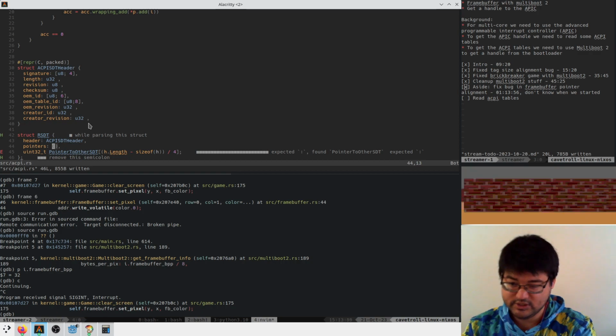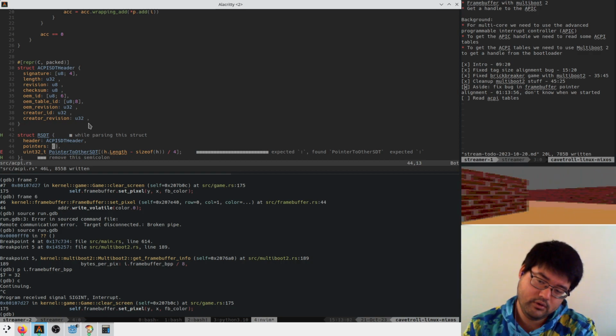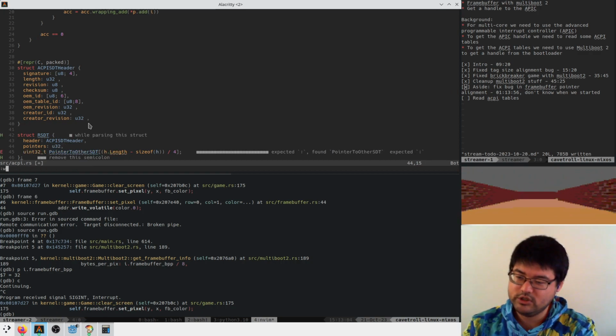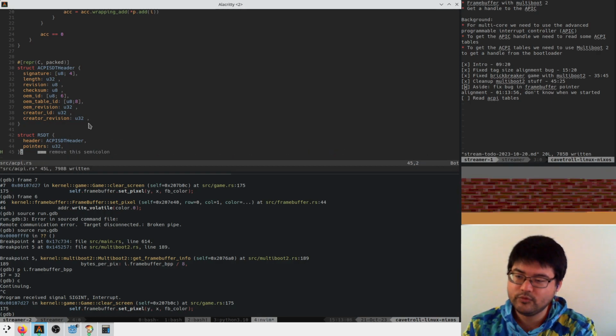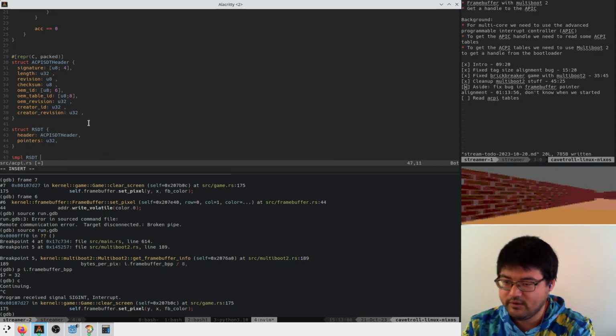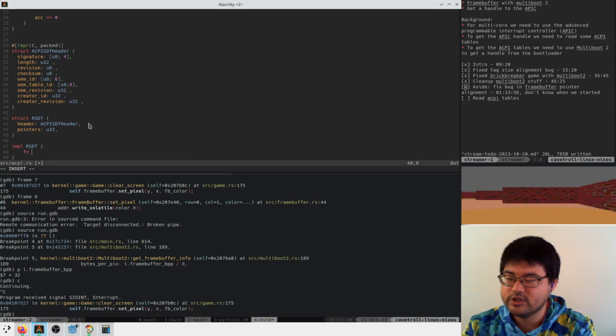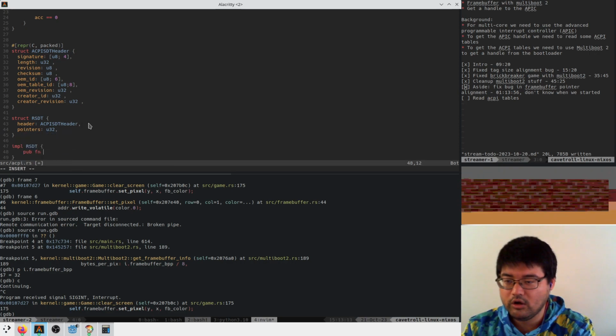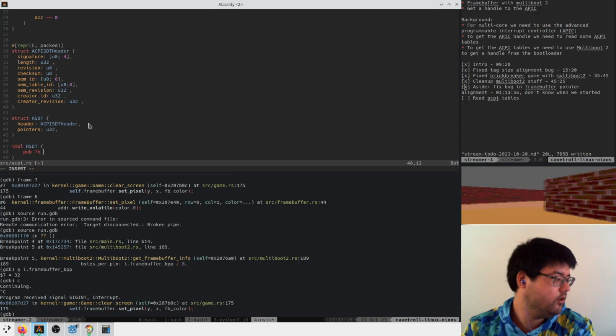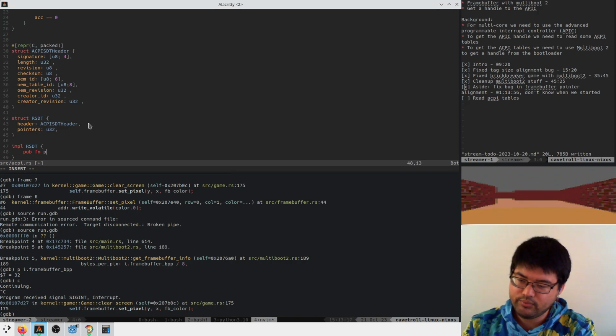So I guess this is just a, we'll call it a u32. And in our implementation for this guy, we'll make a function. We'll call it print_headers for now.